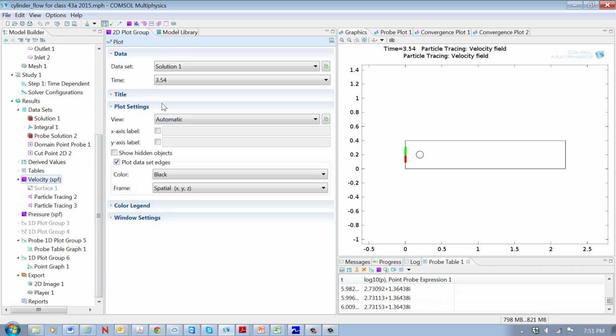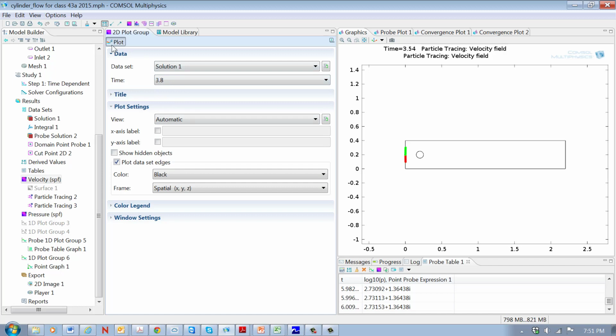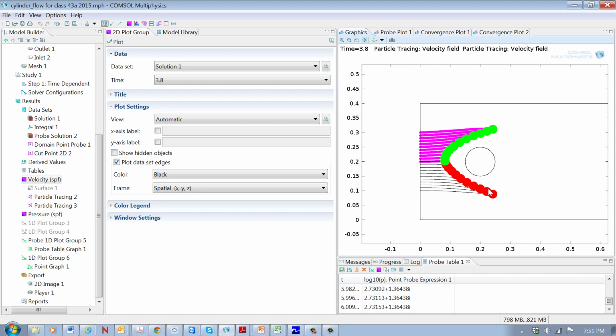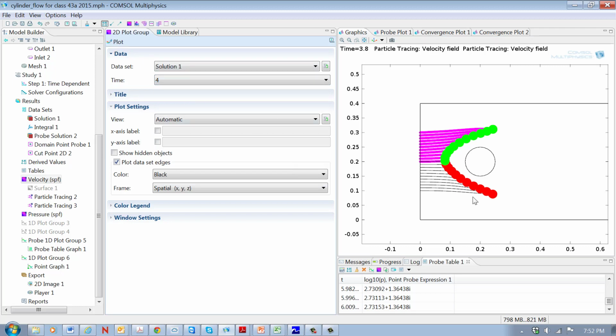We're releasing the particles at a time of 3.6. So at this time, 3.54, nothing has happened. We haven't released the particles yet. But if we go here, 3.8 seconds, the particles have been released, and there's what they look like. The velocity is faster here than here, and you can see those particles. They're all released at the same time, but some of them are heading out ahead of each other. But we can see a very regular flow right here. But let's go ahead to 4